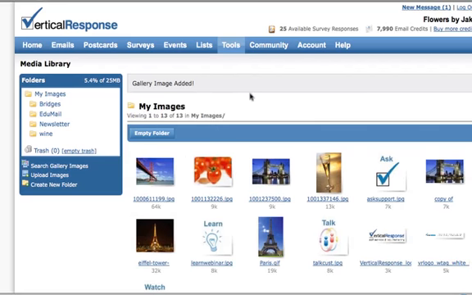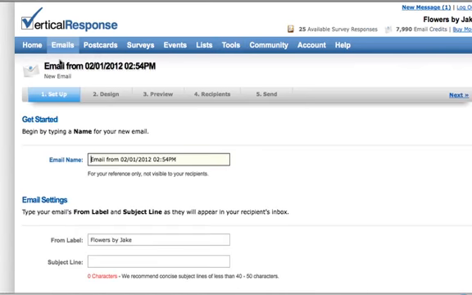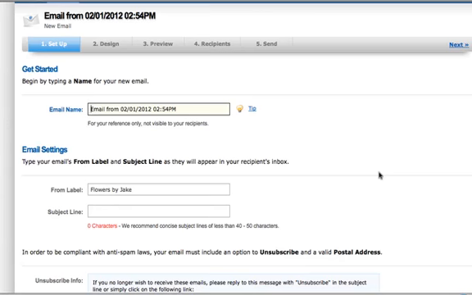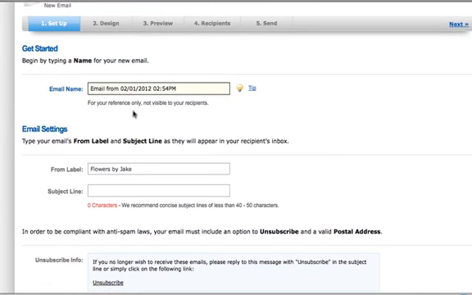Let's go take a look at setting up an email. So I'm going to click New. And this is going to drop me right into the process of creating a new email. The first step, the setup step, is essentially things that are required by the CAN-SPAM law. So the very first box here is to give your email a name. So this is, again, just for your reference. Your recipients will not see this, so you can call this